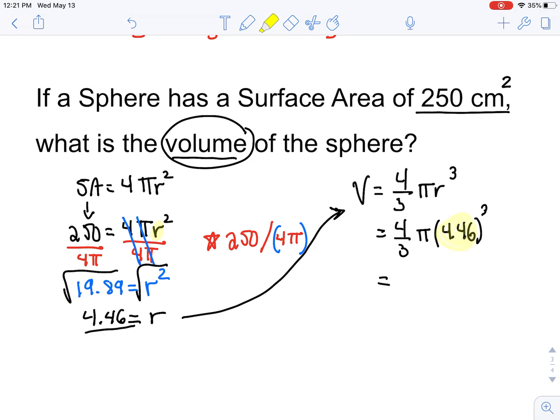4.46 cubed. Now again, if you already have this value in your calculator, rather than rounding it, I'm going to take that value and immediately raise it to the 3rd power. Then I'm going to multiply that answer by pi. So I can do times pi. And then I'm going to take that answer and multiply by the fraction 4/3. And we get about